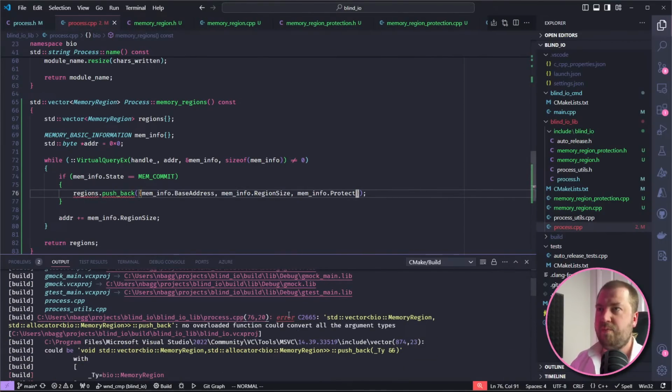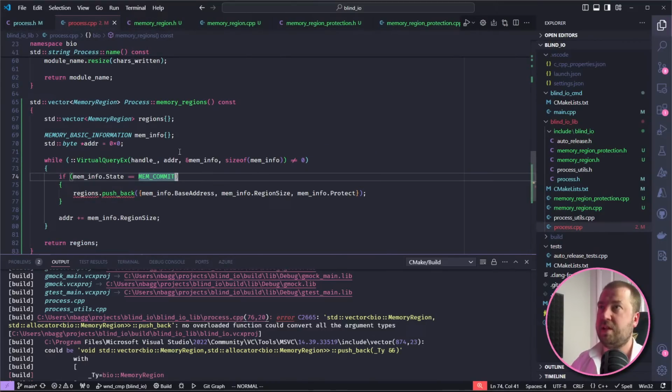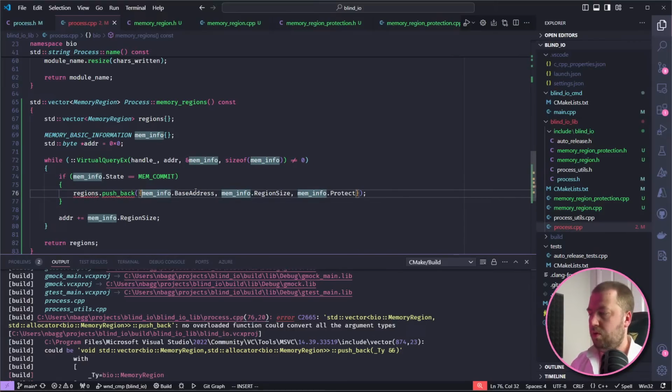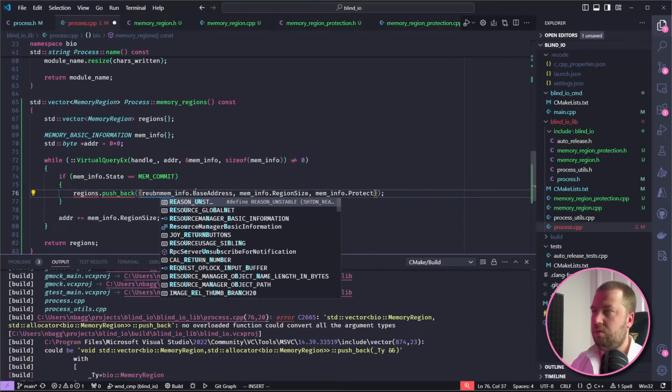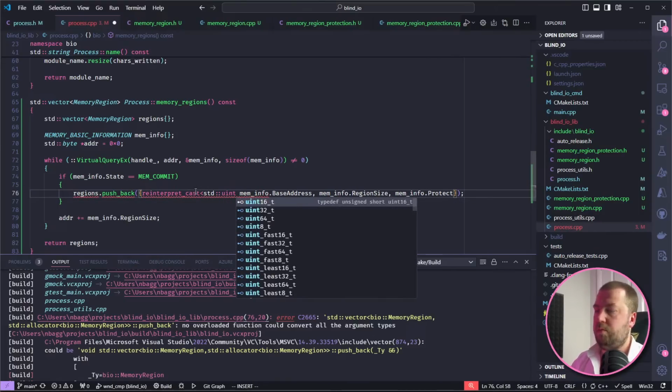Right. Basically, no overloaded function could convert all the argument types. So it's basically saying that the compiler does not know how to convert some of these types into types such that this is valid, which is fair because I suspect a lot of these are internal Windows types. So base address is a void pointer, so we need to reinterpret_cast that to a std uintptr_t.